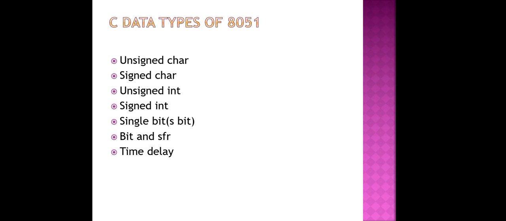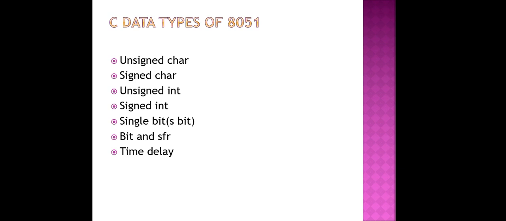The next data type is the unsigned integer. The unsigned integer is a 16-bit data type that takes values in the range 0 to 65,535, that is 0000 to FFFFH.